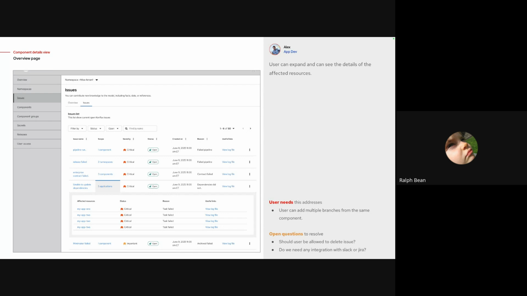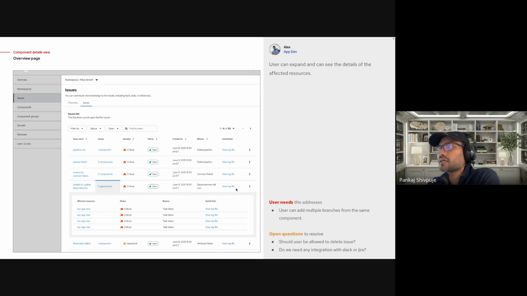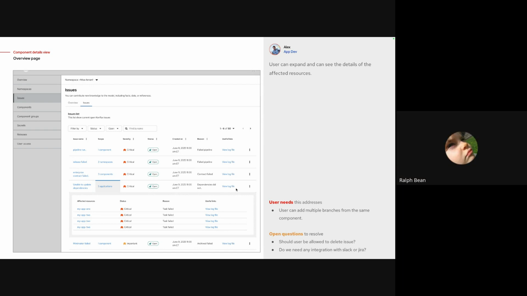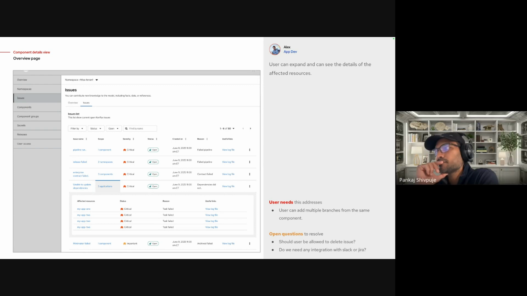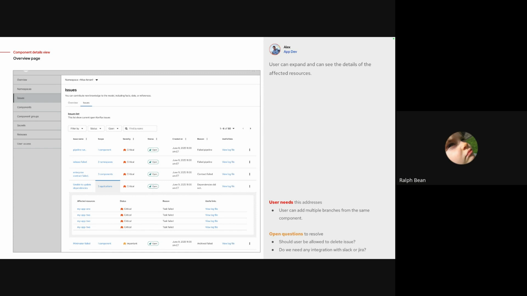Well, I guess I'll just say first that I like it. We talked last time. I think the view log file for the consolidated item, like the update to dependency updates link, can't make sense. At least I don't know what it would link to. Because if you've got 4 different logs for your 4 different affected resources, I don't know how we're going to combine those 4 logs into one log. If somebody has a bright idea for how to do that, let's do it. But